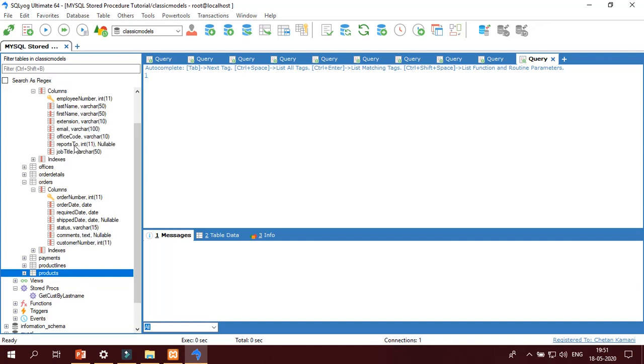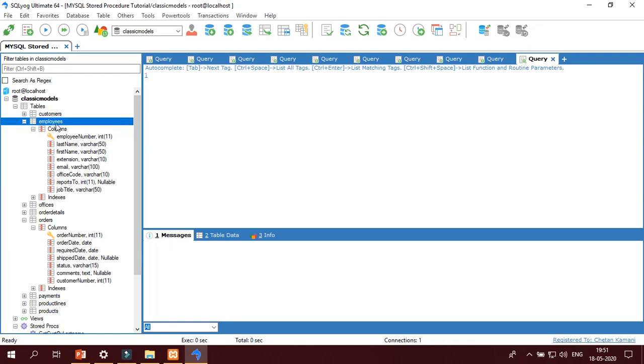Okay. I'm going to create one stored procedure by using INOUT parameter mode, in which from the employee number it will give the reporting manager of the particular employee.